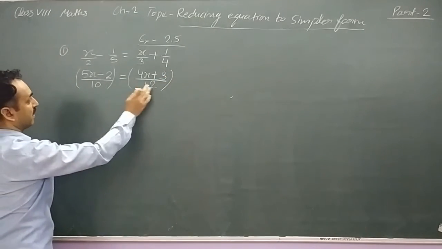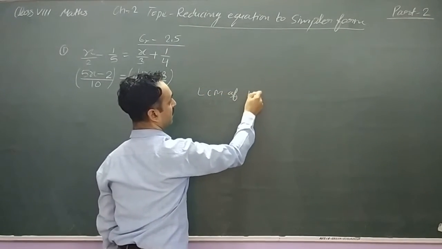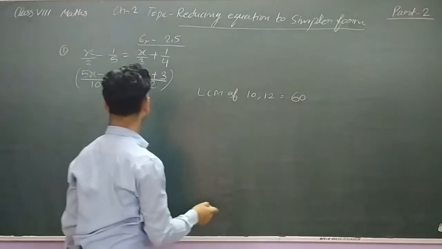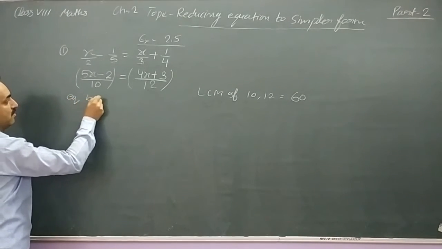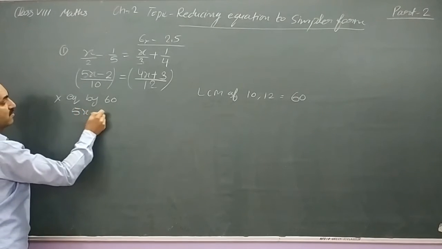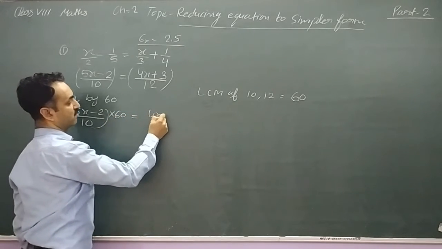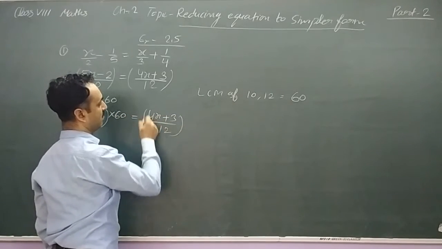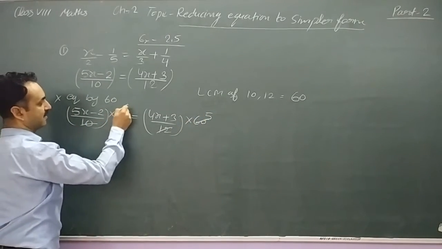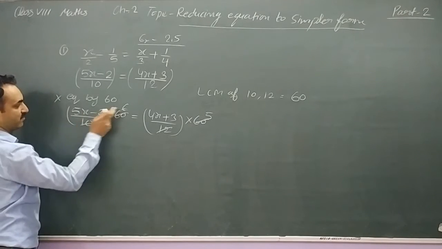So now what is the LCM of 10 and 12? The LCM of 10 and 12 is 60. So we will multiply this equation by 60. So let's see here, 5x minus 2 upon 10 multiply by 60, and 4x plus 3 upon 12 multiply by 60. So 12 fives are 60, 10 sixes are 60. So 6 will be multiplied by 5x minus 2. So 6 fives are